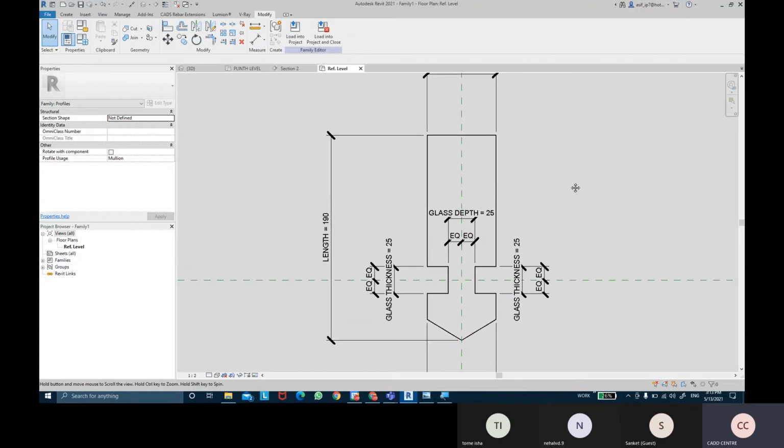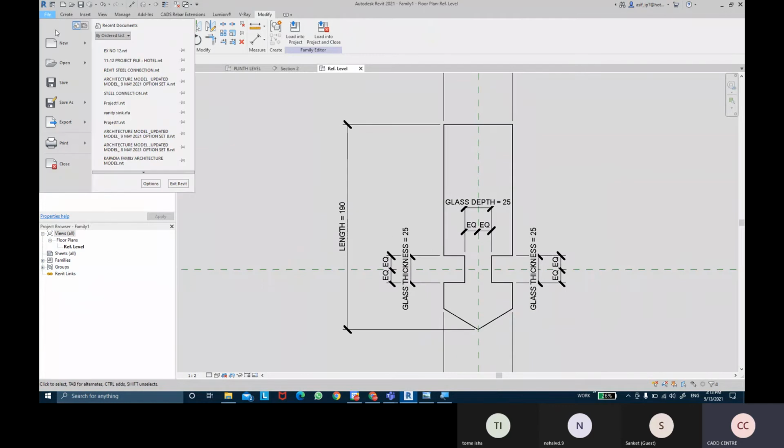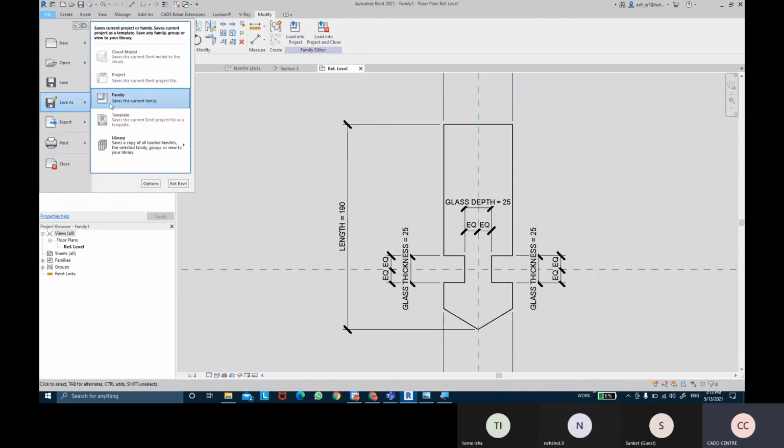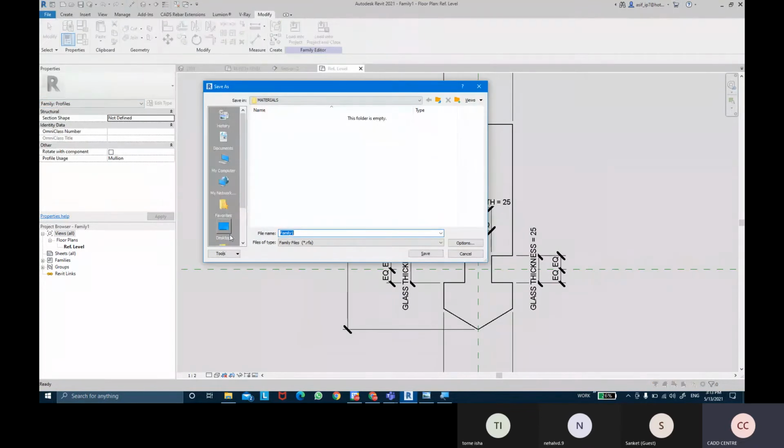Once the shape of your profiles are ready, you can come into File and use the Save As option. You're gonna save this as a family, on the desktop.